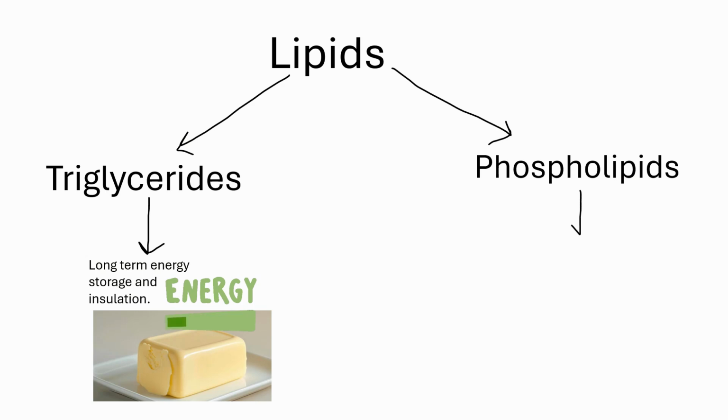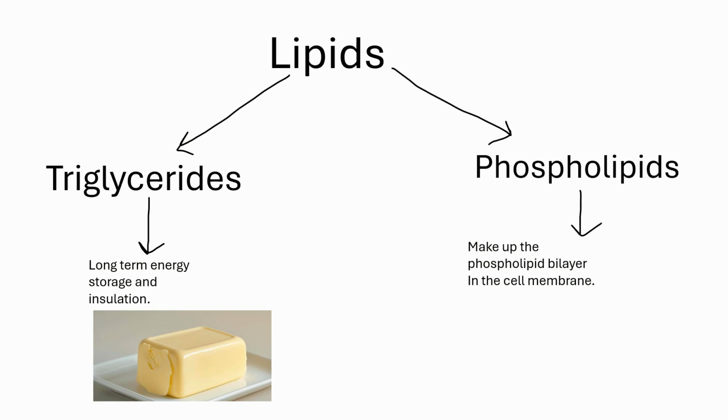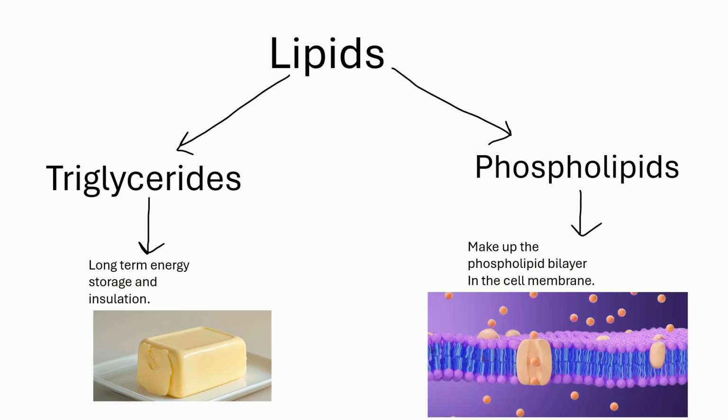And then we've got phospholipids. What do phospholipids do? They make up the plasma membrane, or the phospholipid bilayer, in the cell membrane. And you can see these are the phospholipids circled here. So we're going to look first at the triglycerides and go through everything you need to know for the A-level